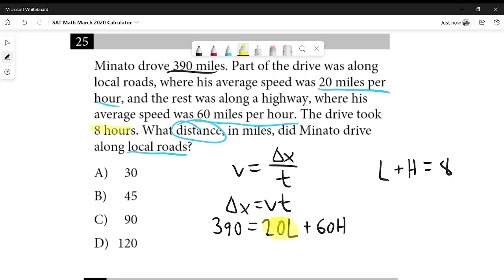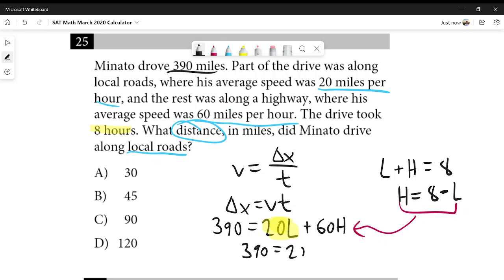Well, we can isolate one of the variables in this equation. So I'm going to say H is equal to 8 minus L, right? I just subtracted L from both sides, and now I'm going to plug this into here. So that's going to get me 390 equals 20L plus 60 times (8 minus L),